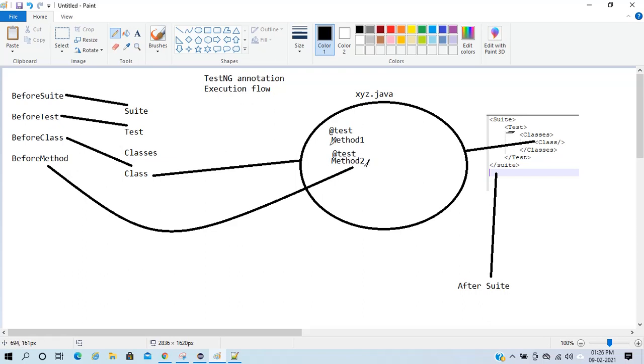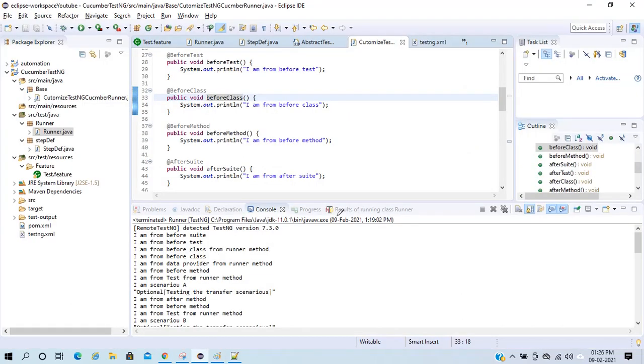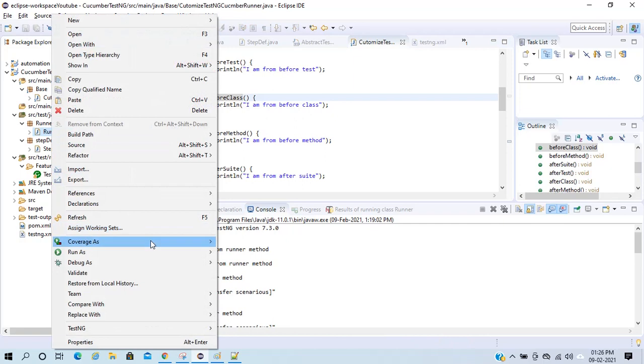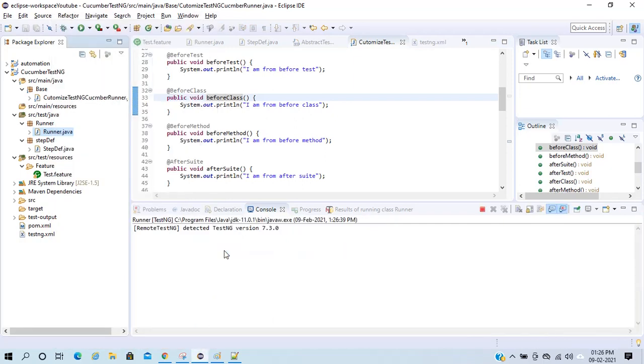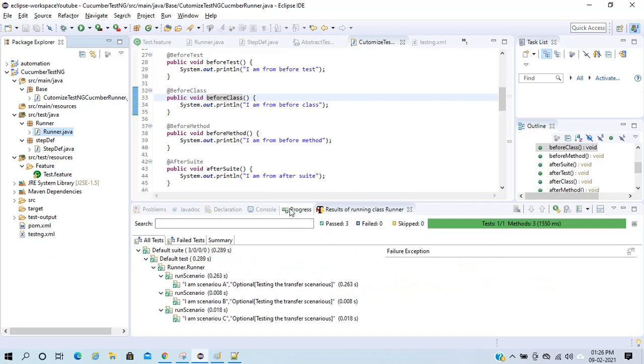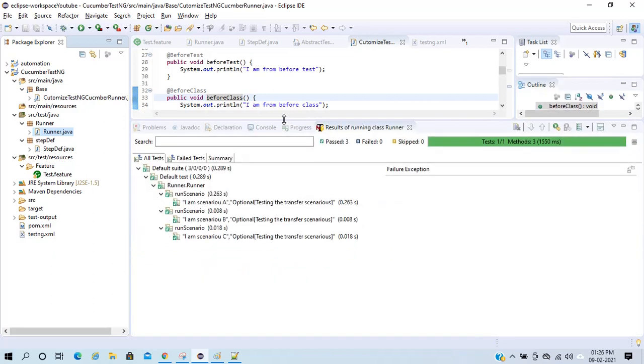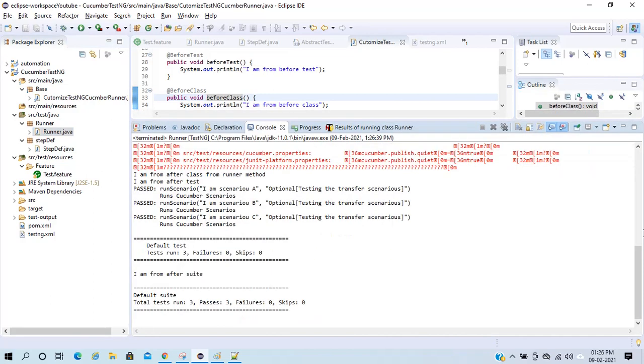I hope this is very much clear. So going back to the code, if I run this, it is very much self-explanatory.